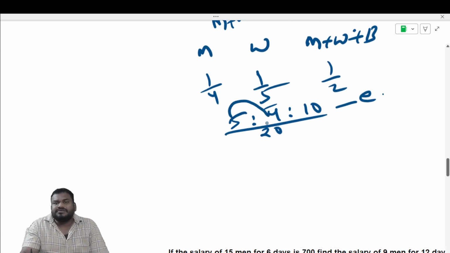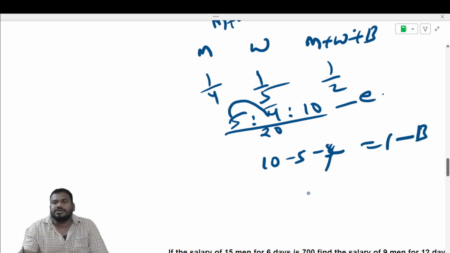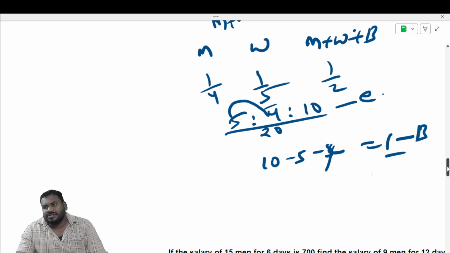I'll subtract 5 and 4. So 10 minus 5 minus 4 is equal to 1. So 1 is the efficiency of boy alone. So if boy efficiency is 1, then 10, see, boy efficiency is 1. If 10 parts is taken